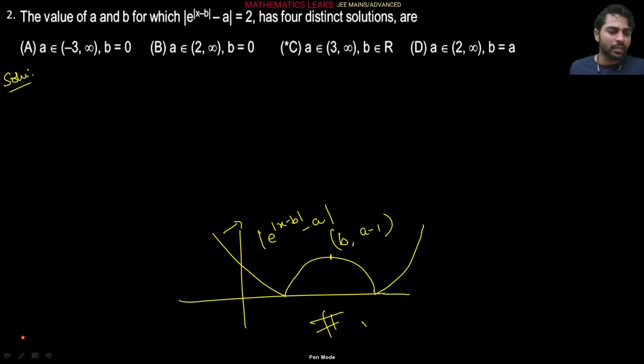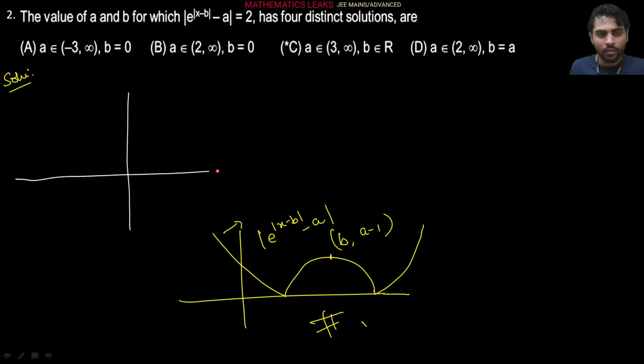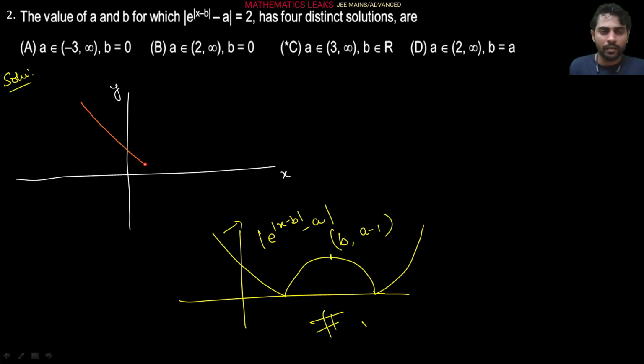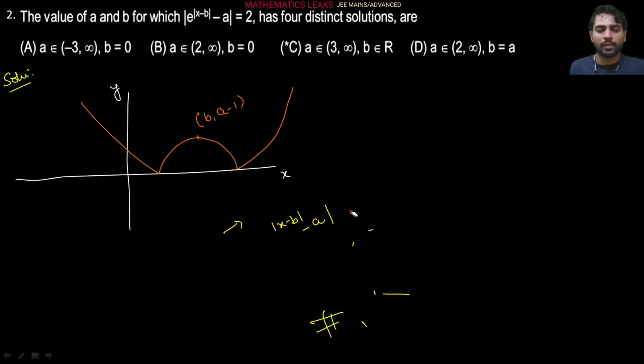Now you can observe here, one more time I am making the graph so that it will be clearly visible for you. This is the x-axis, this is the y-axis, and the structure will be somewhat like this. So this graph I am making here. You can observe this graph will be like this. Right? This is a rough figure. And this point is coming what here? B, comma, a minus 1. Right? B, comma, a minus 1. Now I am just removing this. This is our meaningful graph.